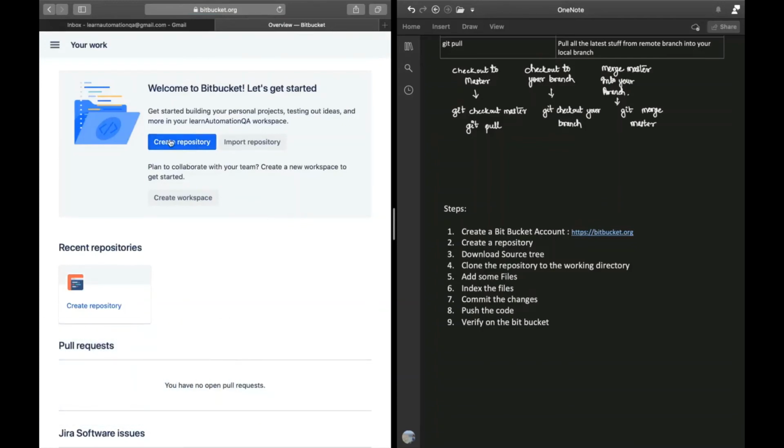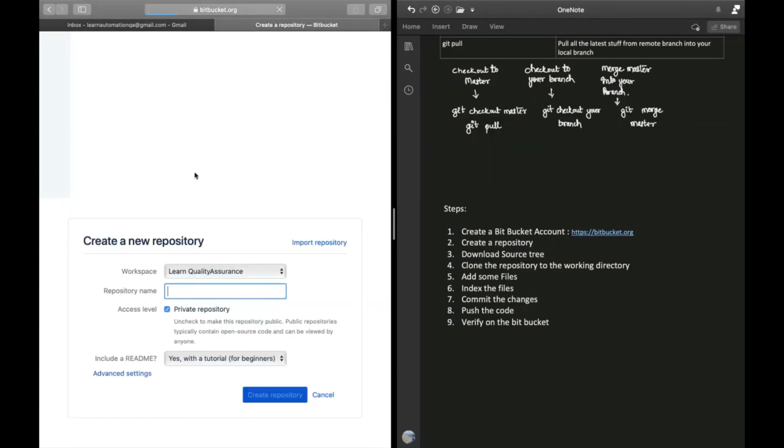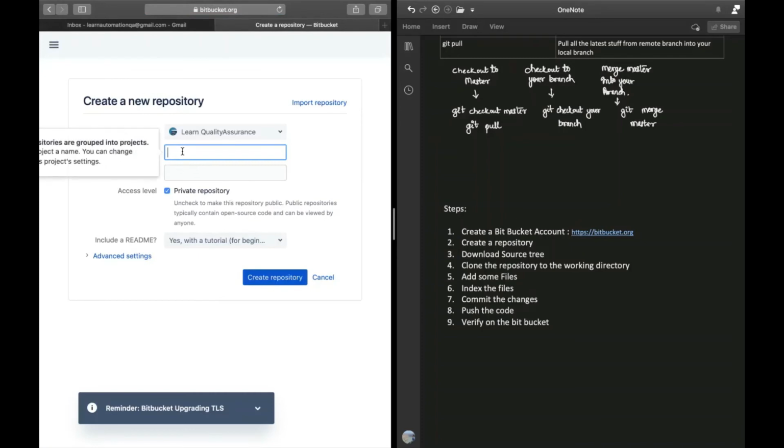Now here it comes. So here you need to create a repository. So what is the repository? It's the same thing as it is in your local machine. It's just a space. So let's create one repository here, and I'll give it a name. So this is the workspace, and this will be like earning repository.